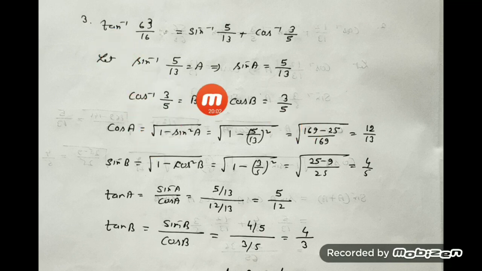So as we know this, you have to get tan. So tan means we need sin and cos both. So sin A is there, cos A you have to find. What is cos A? Use the same procedure, 12 by 13. Sin B is equal to what? Root over 1 minus cos square B, that is 4 by 5. Then tan A, what is tan A? Sin A by cos A. Substitute the values. Sin A is 5 by 13 and cos A is equal to what? 12 by 13. 13 cancels out. What is left? 5 by 12. Then similarly tan B. Tan B is sin B by cos B. So sin B is 4 by 5 and cos B is 3 by 5. 5 cancels out. 4 by 3 is the value.